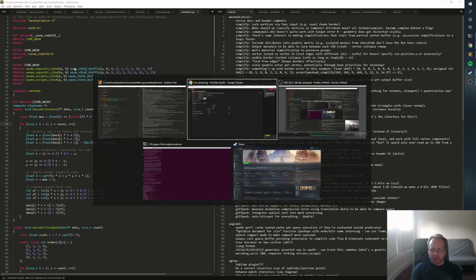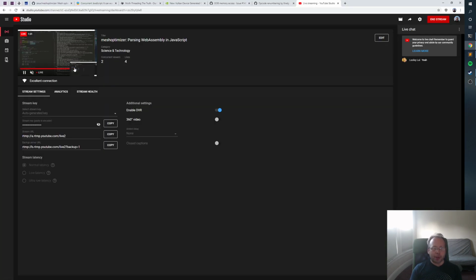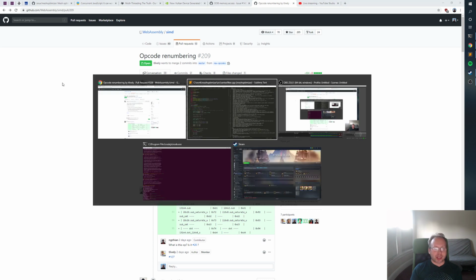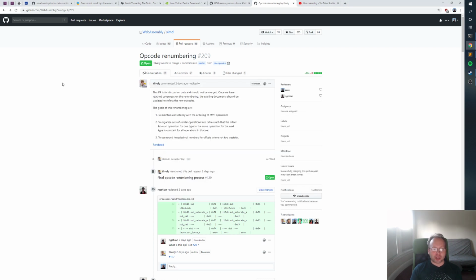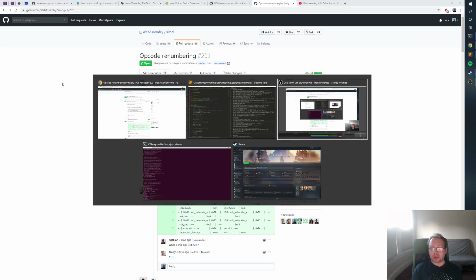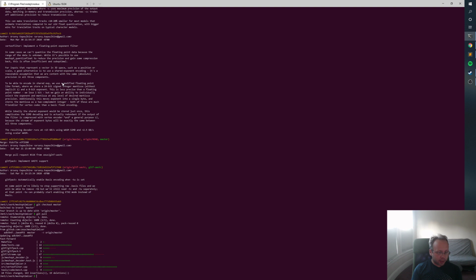So that's all good. Now there's a problem. The problem is that right now the SIMD extension is experimental, and it's implemented in Chrome. It works. It's all good. Now the problem is there's a specific encoding. So if you look at, let me see, so if I do